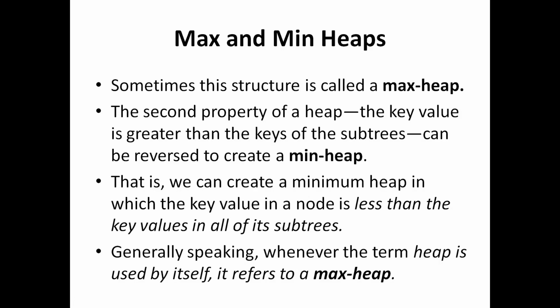We can also construct a heap tree in the opposite order. I said that the heap tree is generally in descending order, so the root will have the highest value. But we can also reverse it, so that the root is made to have the smallest value. In that case it is called a min heap. And there the condition is that the parent has to be less than or equal to its left and right child. This kind of tree is called a min heap.